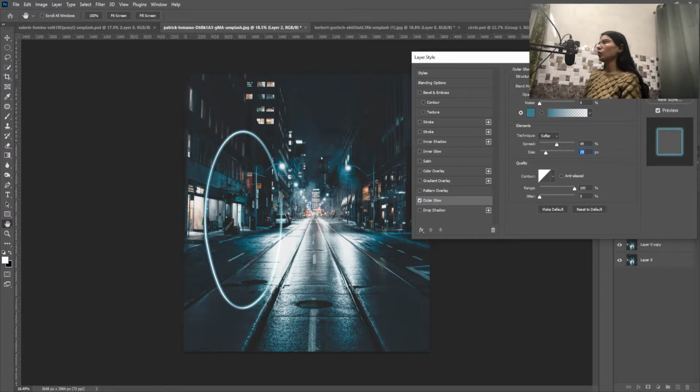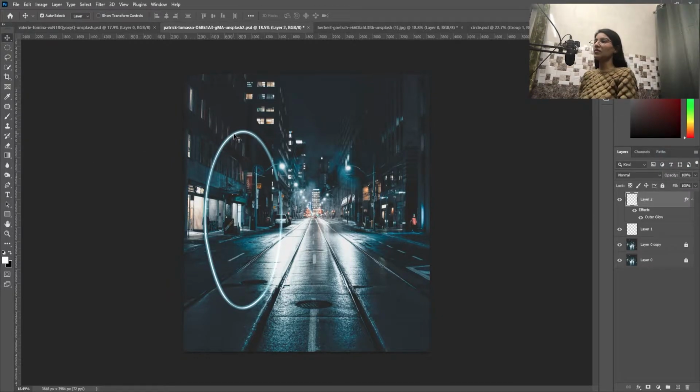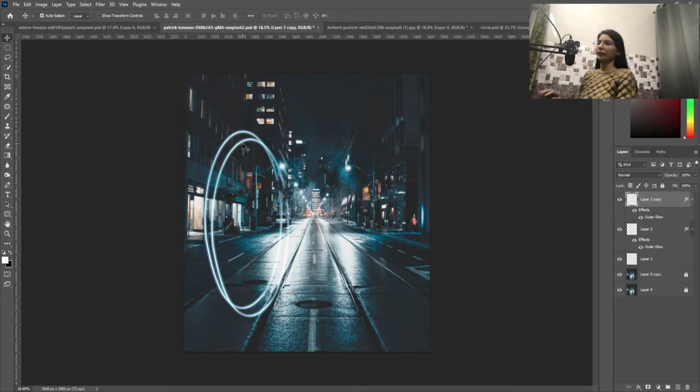And then hit OK. Press Alt and left click and drag this circle to make a copy.